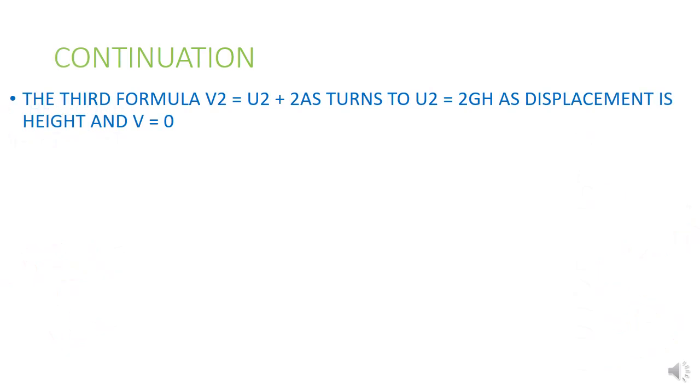So the third formula says that v squared is equal to u squared plus 2as. That's the general formula of linear motion. In this kind of motion, it turns to u squared equals 2gh, and I can show you how it turns to that other formula. So remember, in this case, v is 0. Since v is 0, this one will all turn to 0. So it will be 0 equals u squared